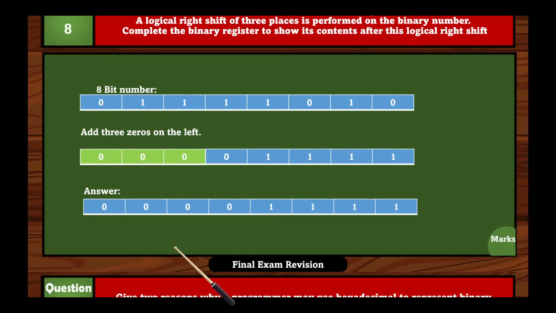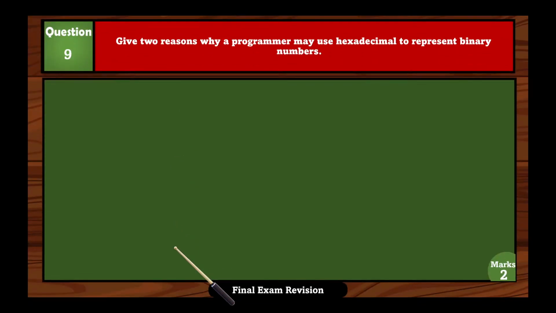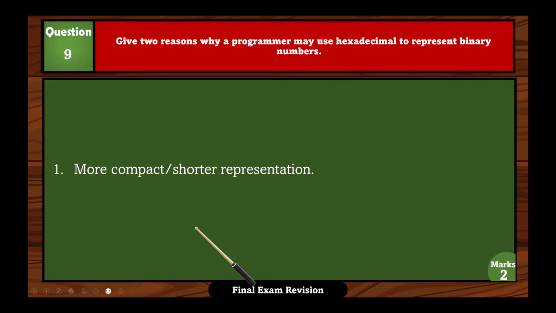Okay. Question number 9. Give 2 reasons why a programmer may use hexadecimal to represent binary numbers. Okay. So now we need to give the reasons why a programmer may use hexadecimal instead of using the binary. So the first reason is more compact and shorter representation. As we know, one hexadecimal digit is equal to 4 bits. Instead of writing 4 binary digits, we can just write one hexadecimal digit, so it takes less space,